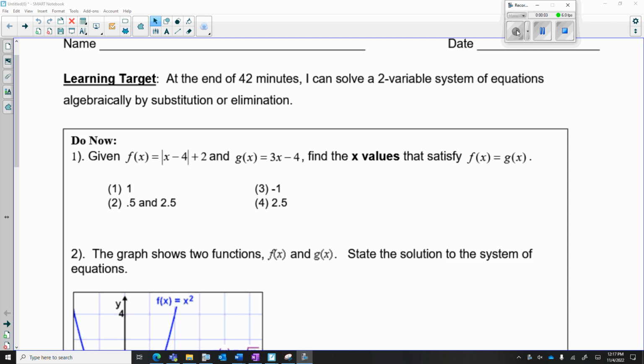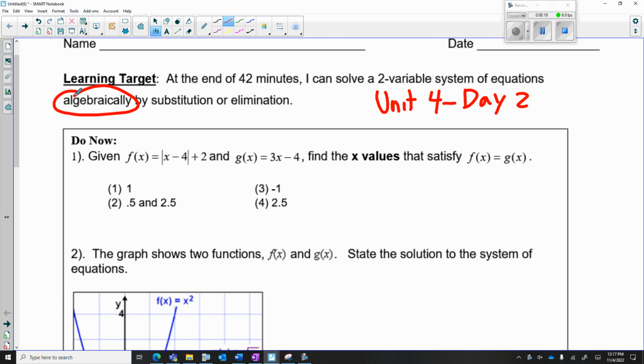Hi all, this is going to be day 2 of your Unit 4. So you want to go to Unit 4 Notes, day 2. And we are going to be talking about solving systems of equations today algebraically. Specifically, we're going to talk about solving 2 variable systems, and then eventually we're going to get up to 3